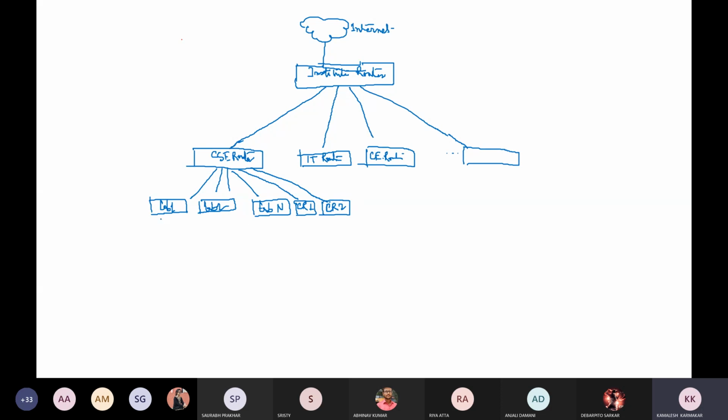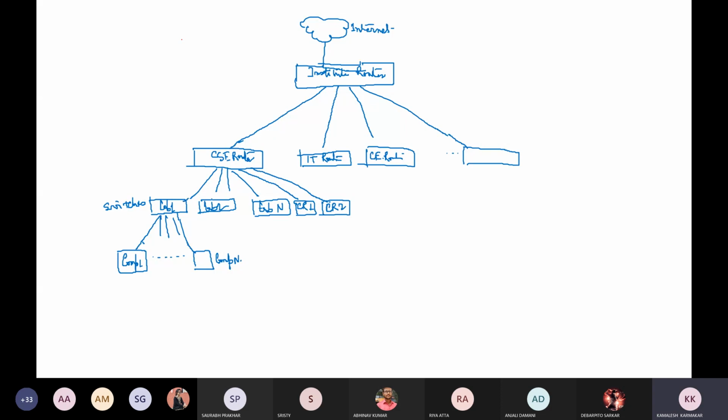Now again in lab one, we have the machine. So if we have these machines here, this is basically the host machine. So we can say it's a computer, but in the context of a data center, it will be treated as a server. Okay. So if we have computer one, computer two like this in this lab, so n number of computers are connected. So if n number of machines are there in lab one, then they will be connected with this switch. Okay. So this is the way how connection is being formed in an institute.